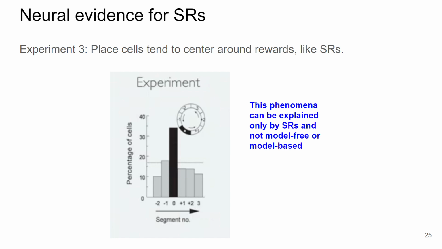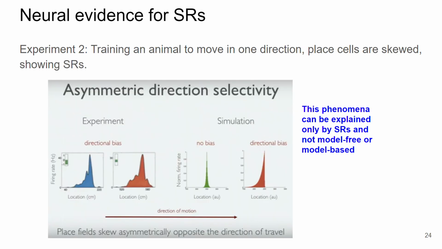Yeah, that makes sense. But the second experiment, on the other hand, I think is quite interesting because it does seem, at least from my limited understanding, to exclude the other candidates, right? What was the second experiment? The one where you see the asymmetry, that is the architecture of the.